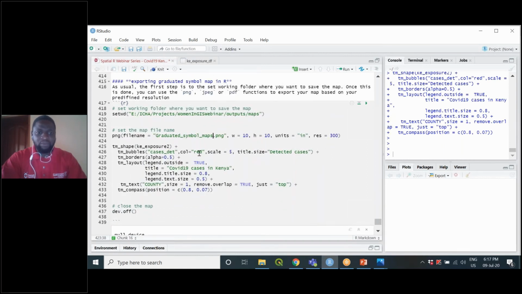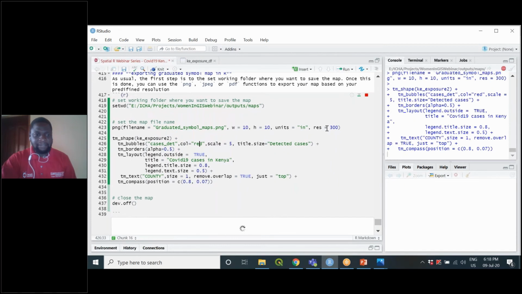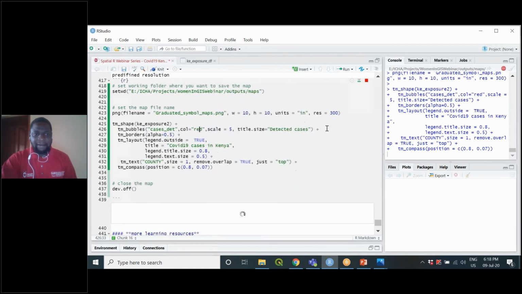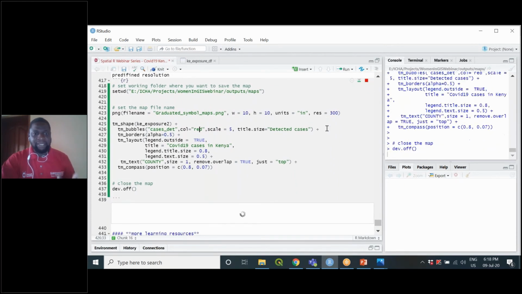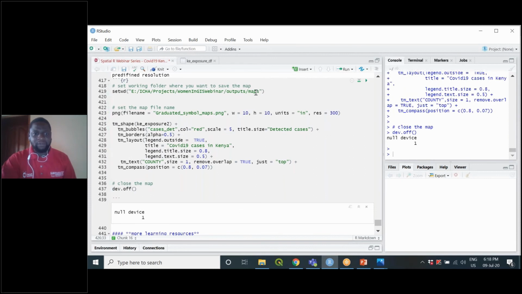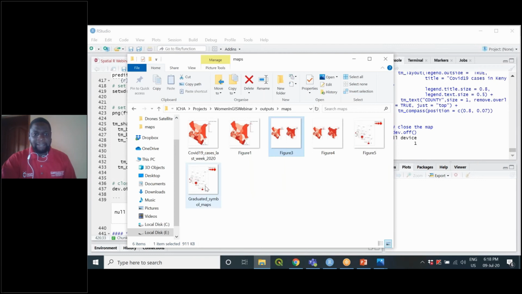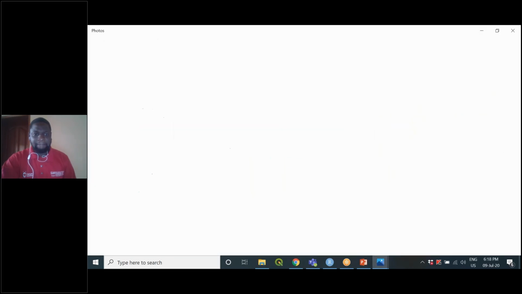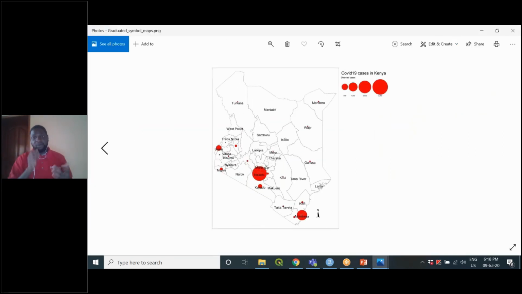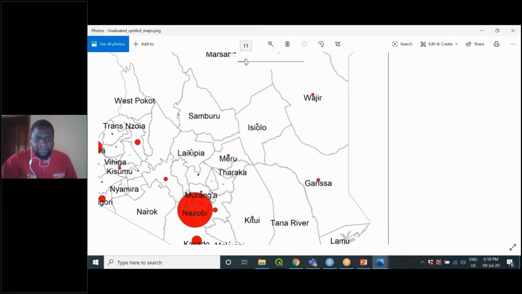I'll put in some styling. I'll put it as red. I won't go into the nitty-gritties in the interest of time. But there you go. So it's being saved in my output folder as graduated symbol map, and here it is. So 300 dpi resolution, and if I zoom in,